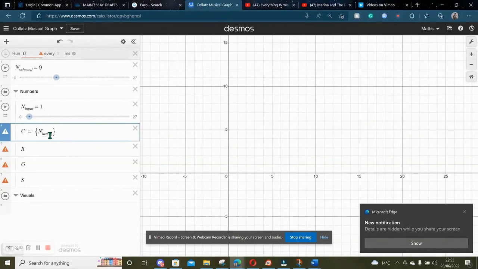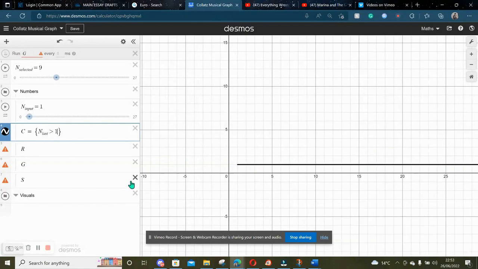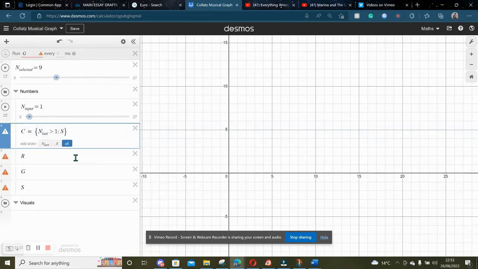We're going to set a condition that if n last is greater than 1, in other words, if the Collatz sequence hasn't reached the 421 loop yet, then we can use a colon and apply a condition. So an if condition, if n last is bigger than 1, then S, which is our next category,